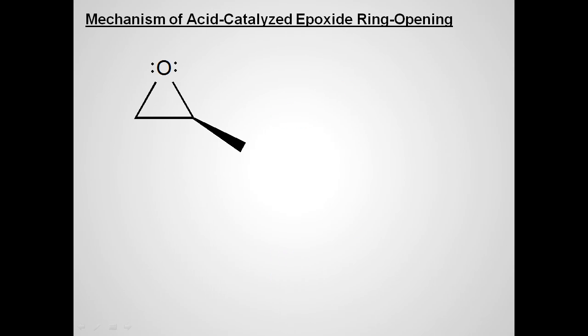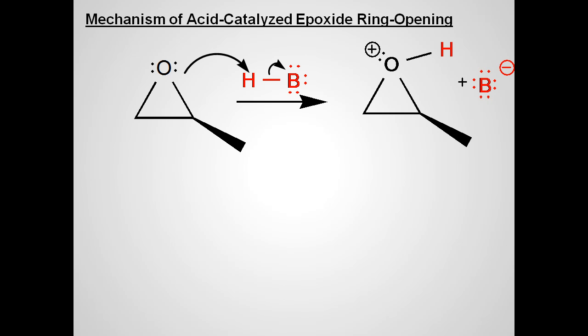The mechanism of acid-catalyzed epoxide ring opening is as follows. First, the epoxide will deprotonate the acid catalyst, HB, to form the protonated epoxide intermediate. In its protonated form, the epoxide, bearing a positive charge, is an activated electrophile. The positive charge is delocalized between the oxygen atom and the more highly substituted carbon atom due to the electron-donating